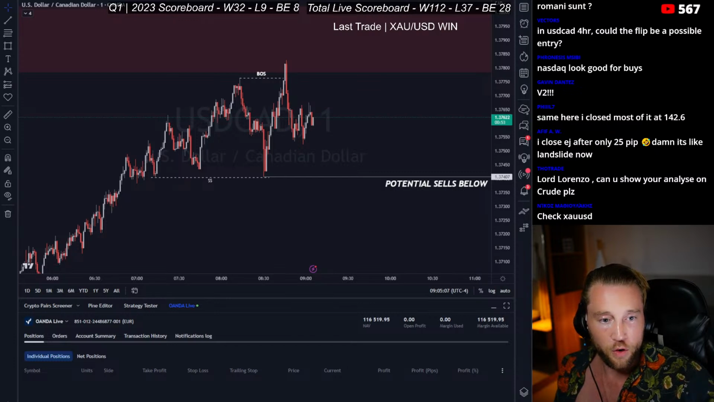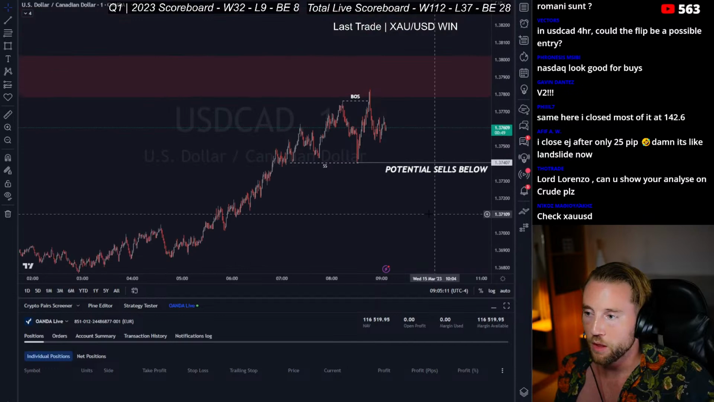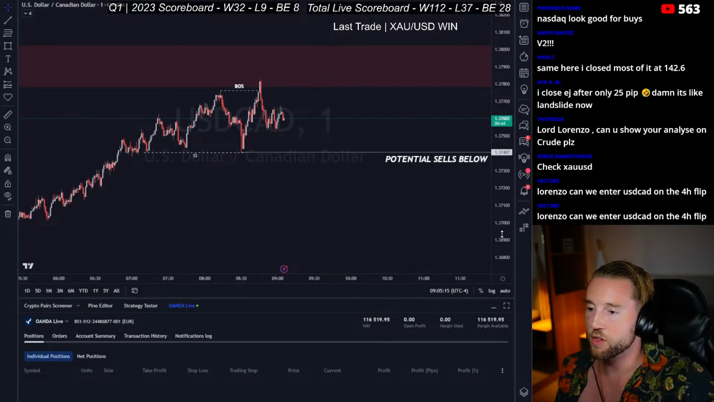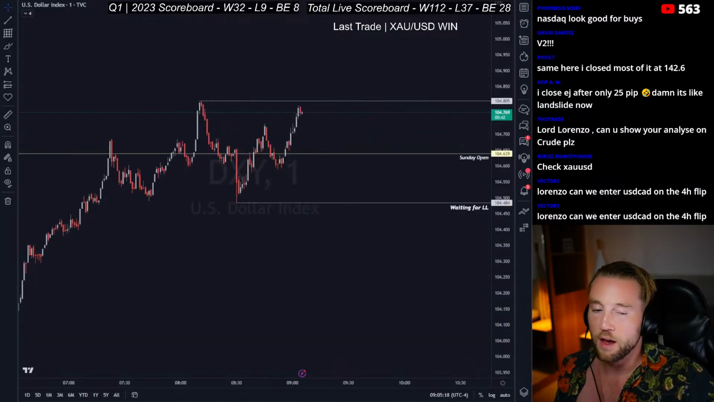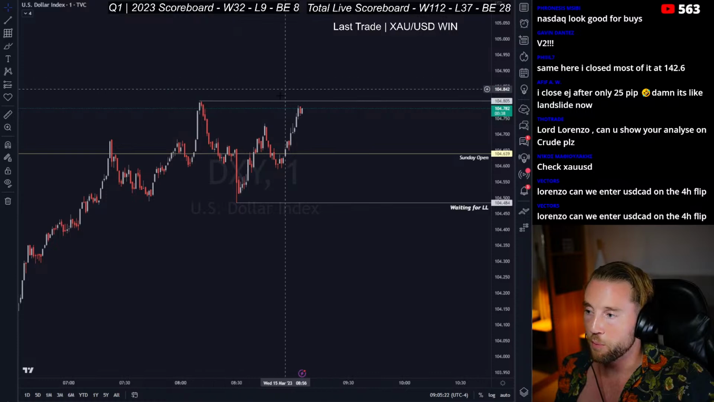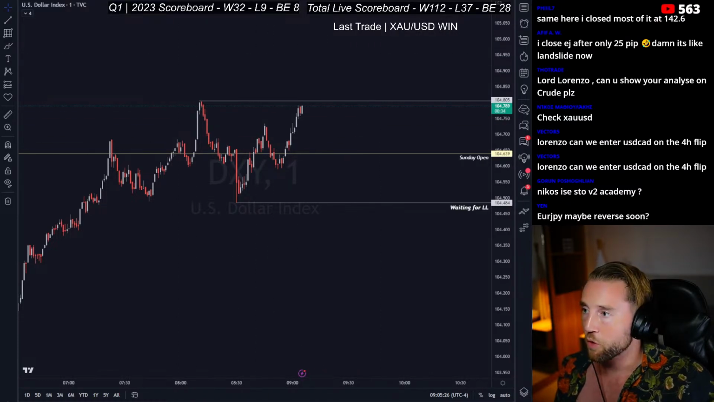In USD cut 4 hour, could the flip be a possible entry? I think if you break this low and the dollar comes down as well, then maybe there is a chance here. It depends on the dollar right now. So far, if you're breaking it high, we have to see and look for something else here. For example,